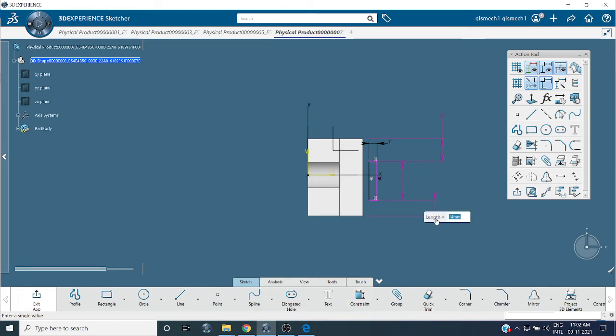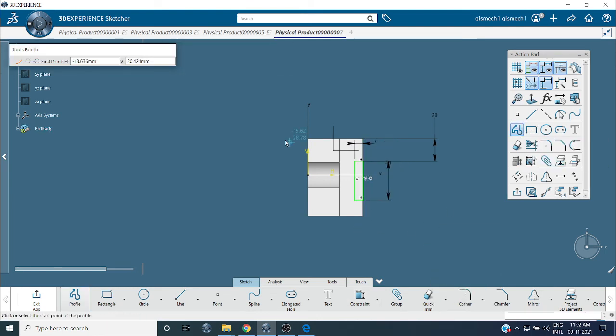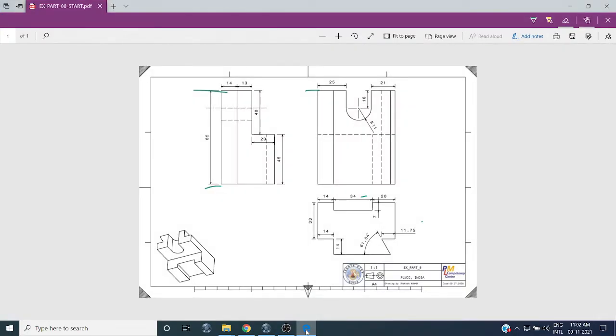From here to this edge, 14 is already taken. I'm going to take this one, need to make coincidence. Then the upper one also the same thing.